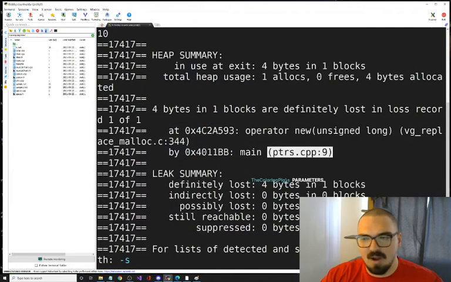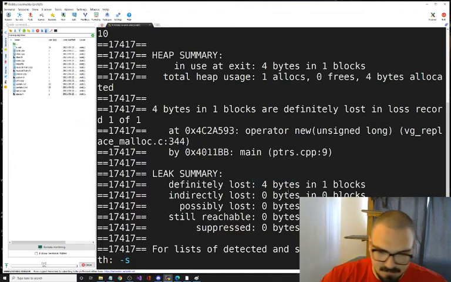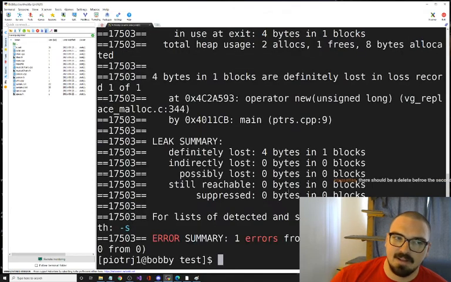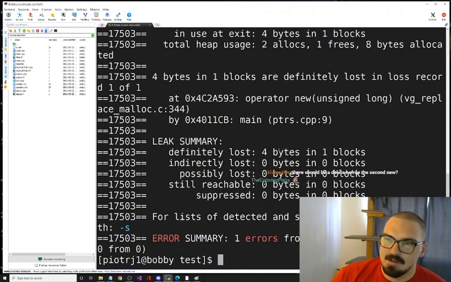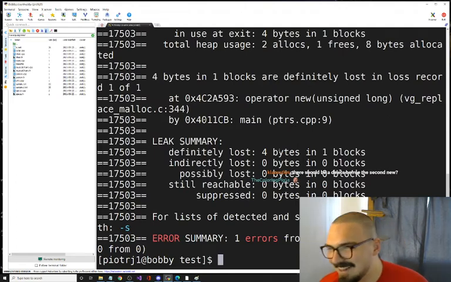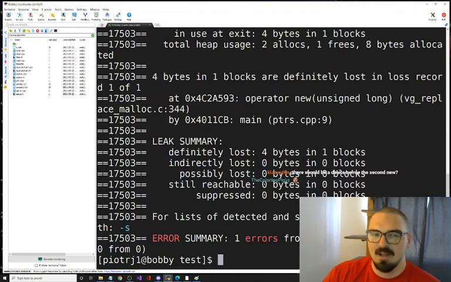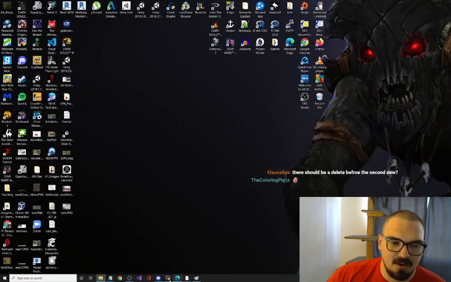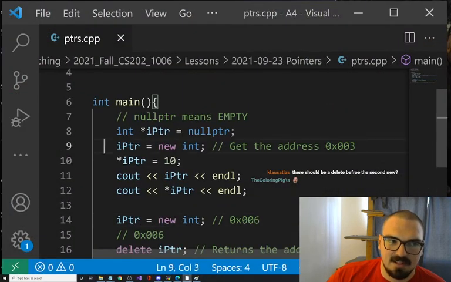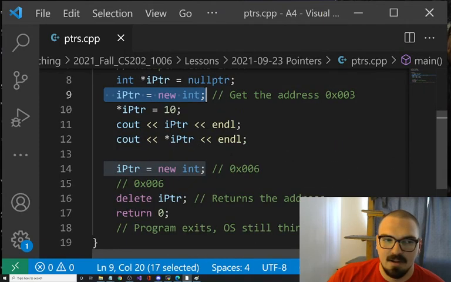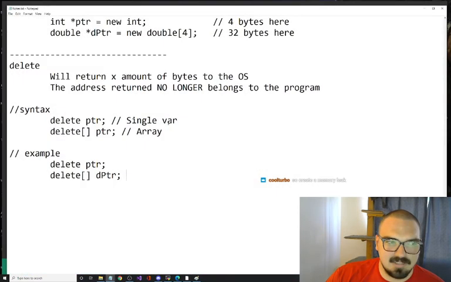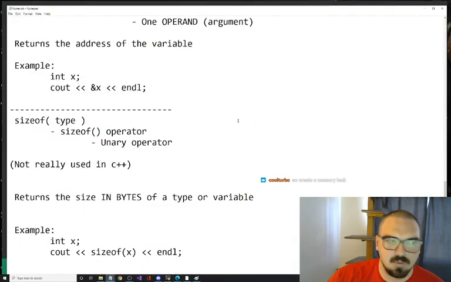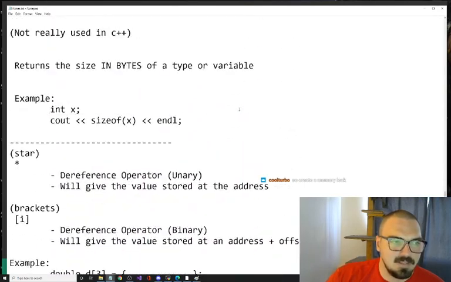And so when you're running your code, you compile it, you valgrind it. It says you lost it. Klaus, you're exactly right. Look, it's telling me pointers.cpp line 9. What is it saying in there? Well, it's saying that this never got deallocated. And I said it in the notes. Didn't I say it in the notes? I swear I did.